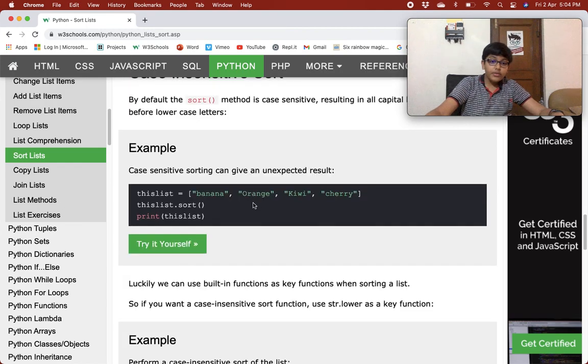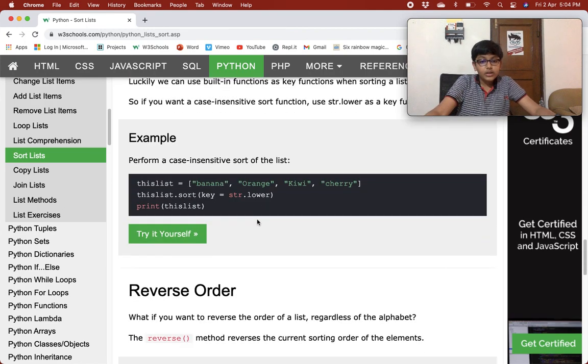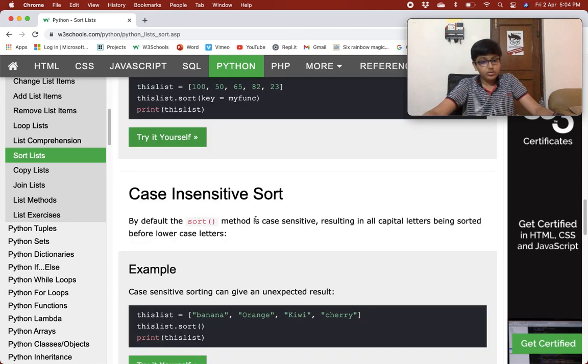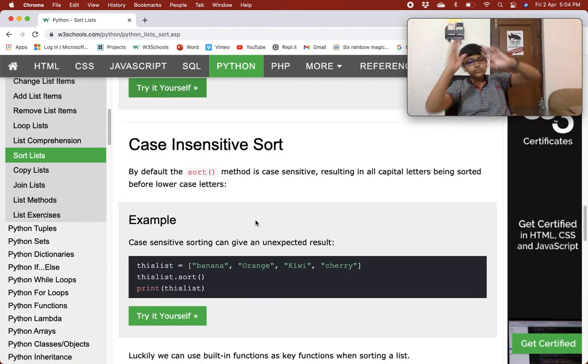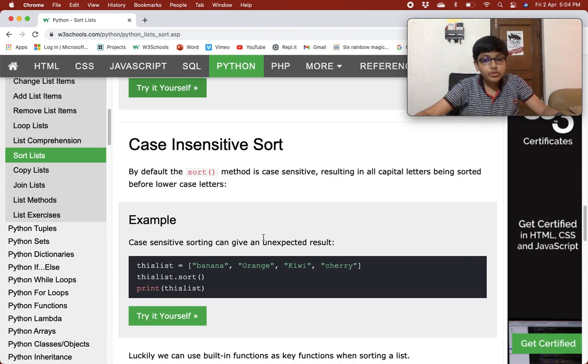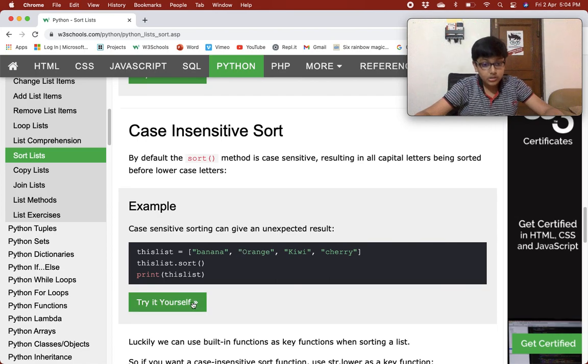Okay, now we are on case insensitive sort, then reverse order, and this is also done. By default, the sort method is case sensitive, resulting in all capital letters being sorted before lowercase. So case sensitive sorting can give unexpected results.